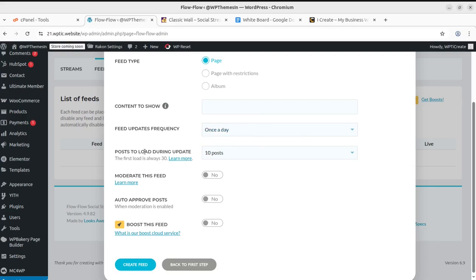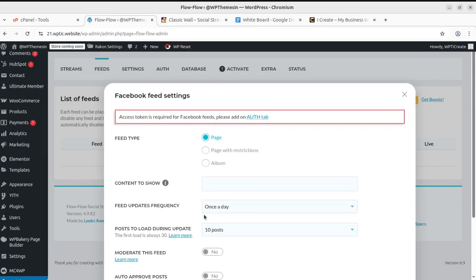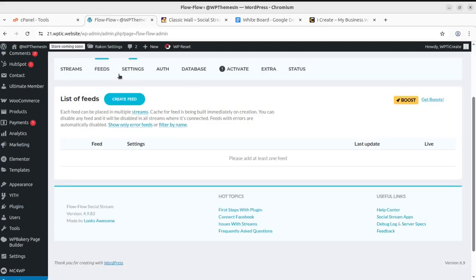settings. So for the very first time, you need to actually allow the Facebook feeds to be shown, like feed update frequency once a day, post load during update, and moderate this feed, or auto approve posts. Boost this feed is also available. I'll show you the boost option as well. So now, if we are choosing the